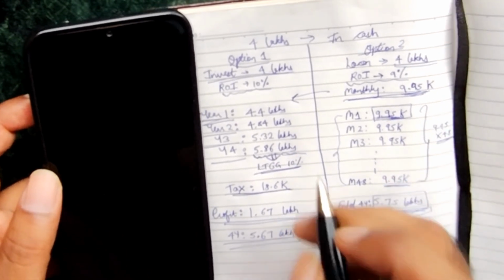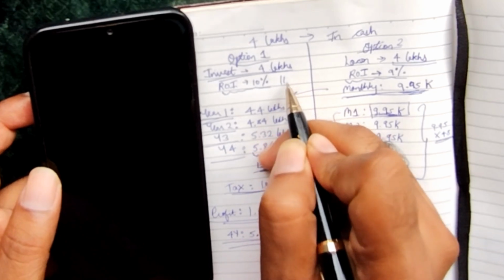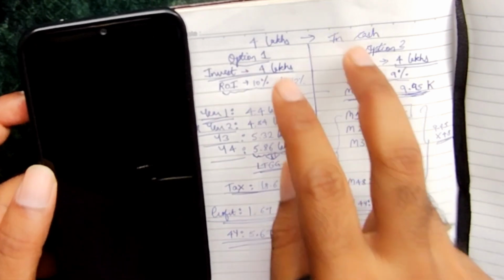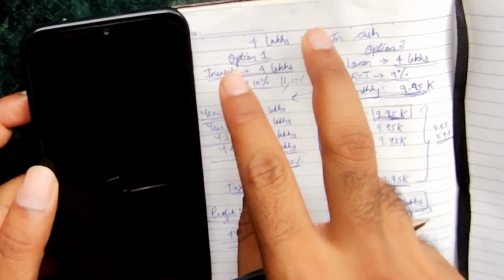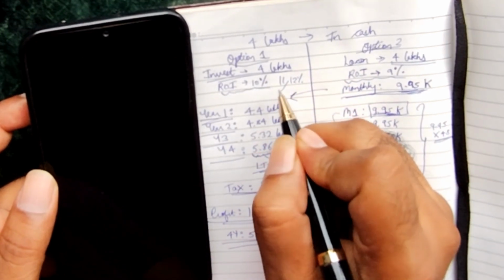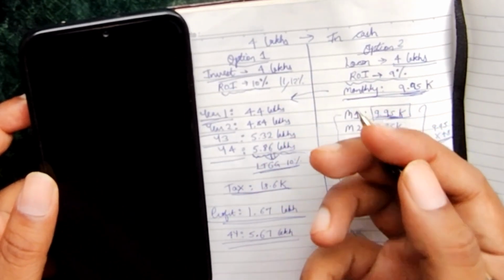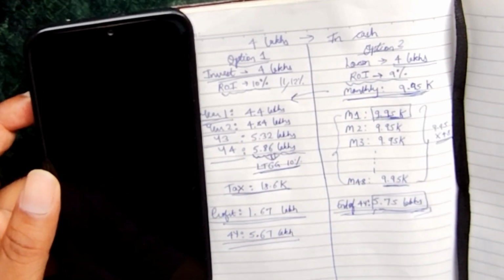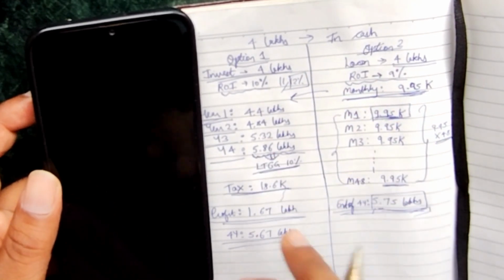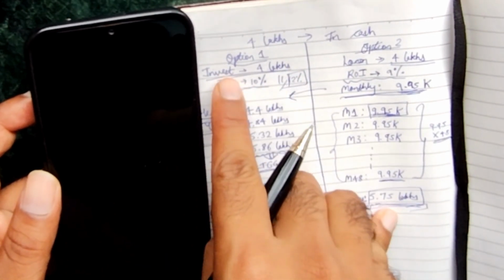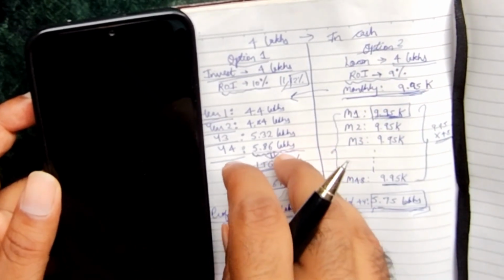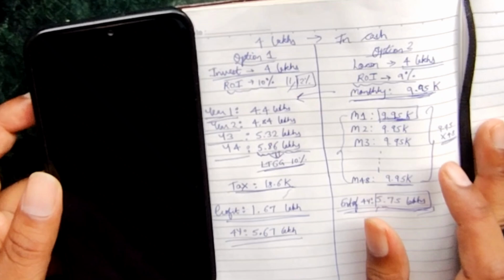Now the situation would change if the rate of interest were 11 or 12%. In this case, of course, option 1 would be a better option. But in real estate or the equity market, you actually cannot predict the return. So taking a pessimistic approach of 10% seems ideal, but you can take a medium approach, not completely optimistic, but in between, wherein you can consider a 12% rate of interest. And obviously if you consider 12% for investment and 9% for the loan, the option of investing the amount which you have and taking a loan becomes lucrative.